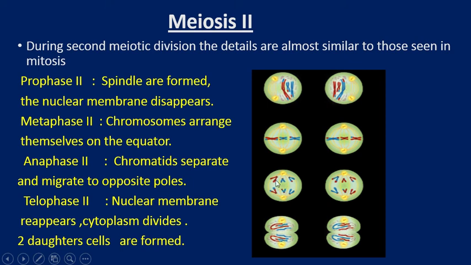So from this cell two daughter cells are formed, and here also two daughter cells are formed. And what is the position of the chromosomes? Now they are 2n, diploid. So in this way the chromosomes are the same as in the species, like 46, but when we started it was 23, but now 46.